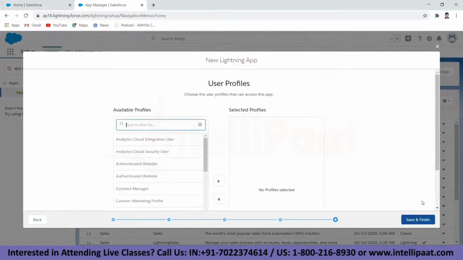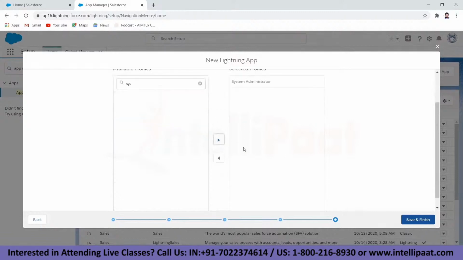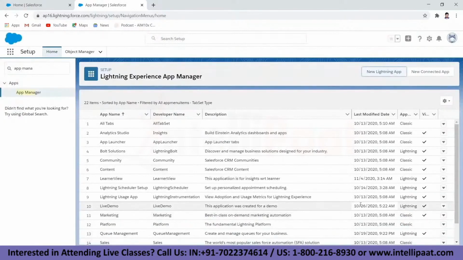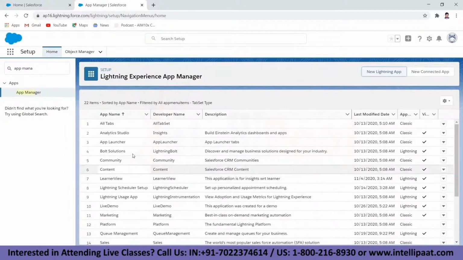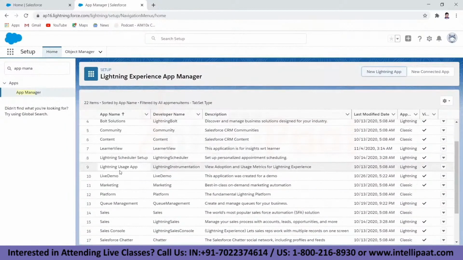And now this is an important one. You have to select who are the people who can view this application. Not everyone will be able to view this application. Since I'm the system administrator, I'm going to be giving myself only the privileges of viewing this application and no one else. So I'm going to be putting in here so that I can see this application. I'm going to put save and finish. As soon as I do that, my application is ready, and you can find that application as the name which we had, learner view, the application. So it is right here, which has been created, right?